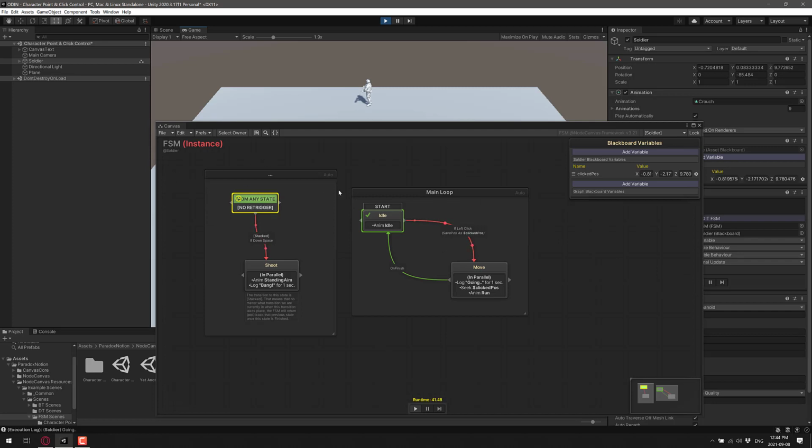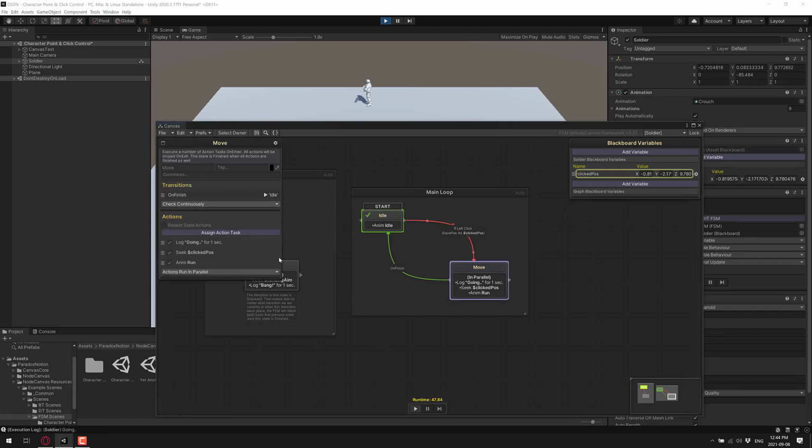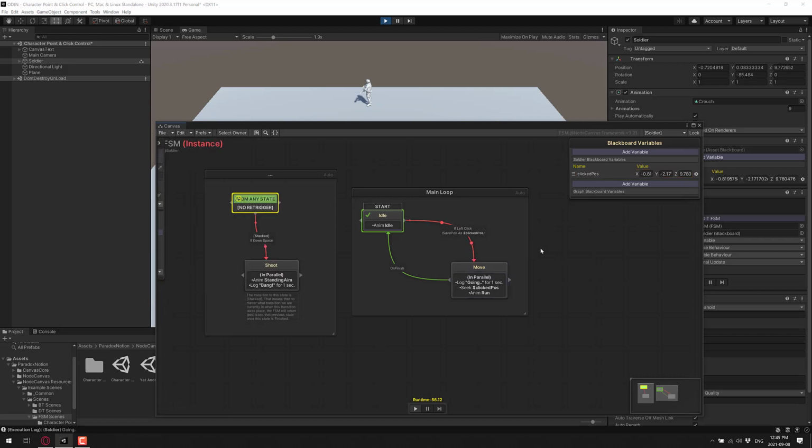Now, the cool thing you can see here, obviously, is that there is an interface for debugging it. It is a visual programming system. You've also got the ability, so you see here, the move. It's doing a number of things. It's logging, it's going to a position, and it's doing the run animation, and it's doing them all in parallel. You can also do things in sequence if you so wish, and that is essentially what finite state machines are